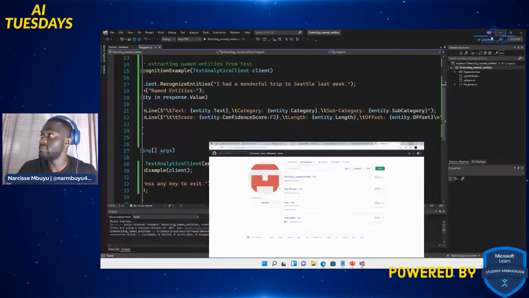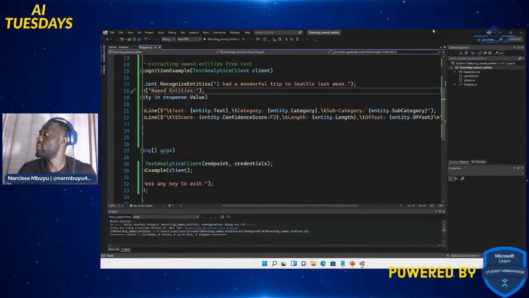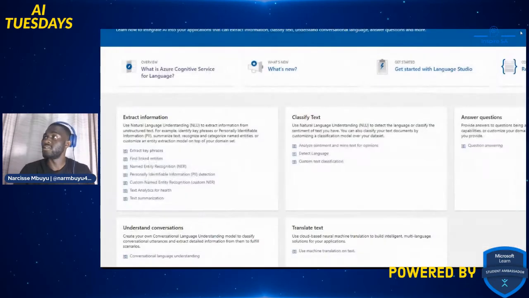So now that the second application is done, we're moving on to the next one. I'm going to save this one and close it. You can simply clone it and have access to the application. So we did the named entities, and now we're going to do find linked entities. We're almost there. We've got 5 more left to do.